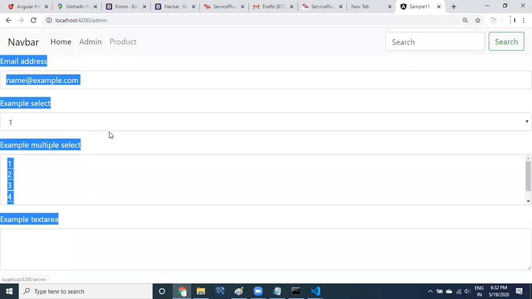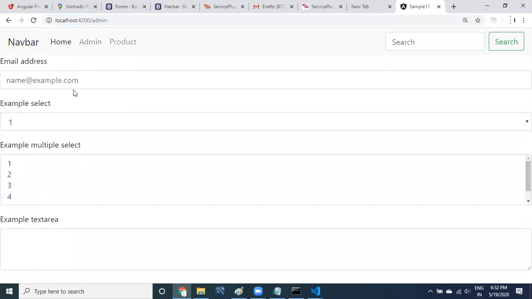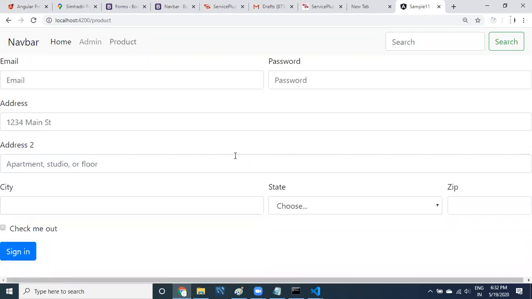If I click on admin, see what happened: admin related component is displayed. If I click on product, product related information is provided. Just to get some look and feel. Then I want to put all these things inside a container so that it displays properly.